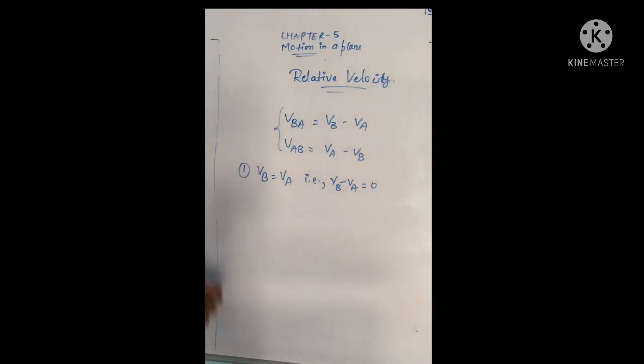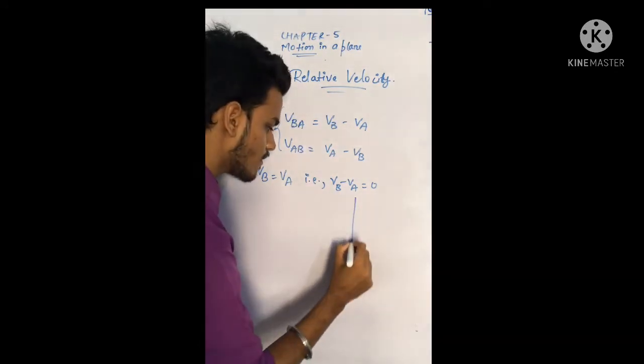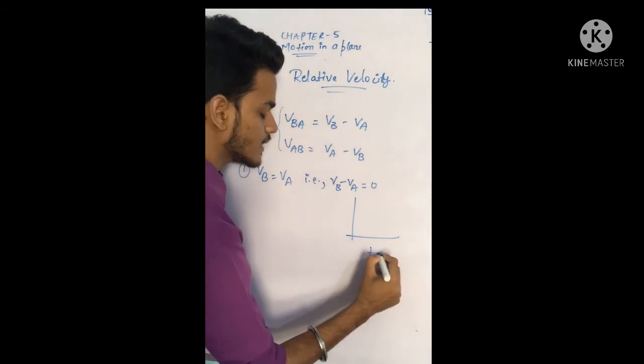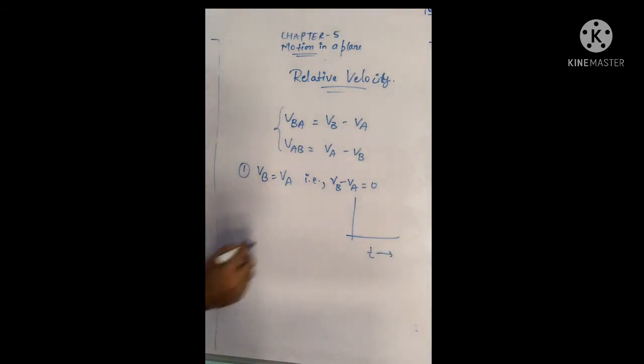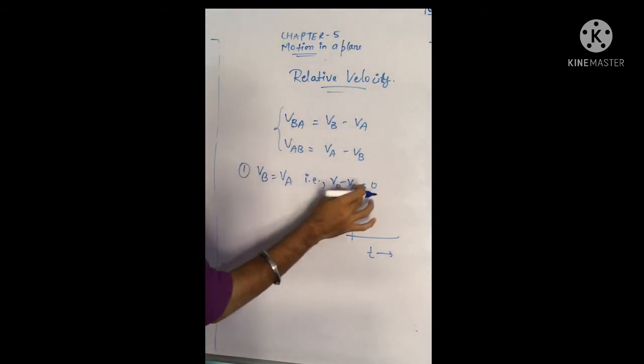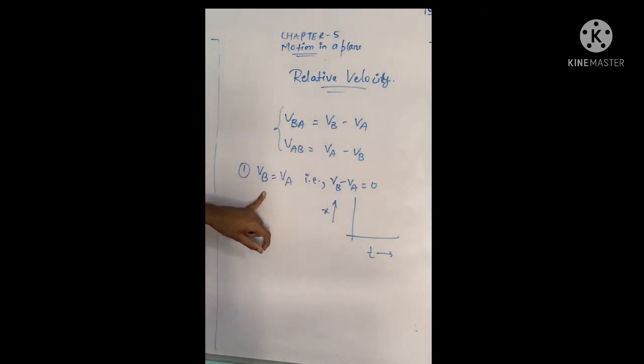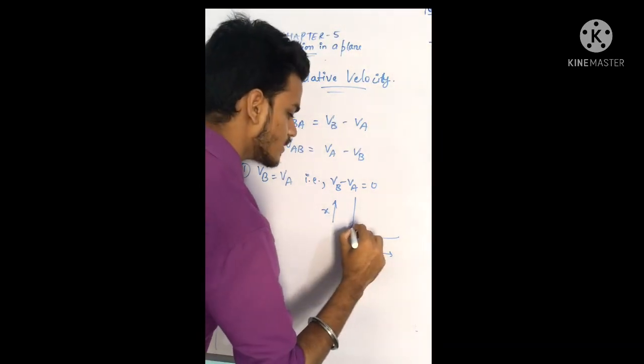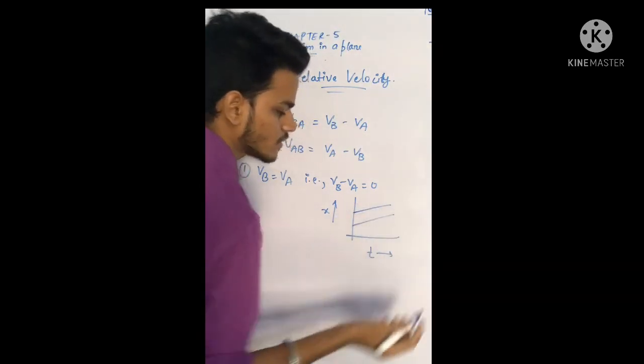Then we will get a graph like this. This x-axis represents the time and this y-axis represents the position. So if vb minus va is equal to 0, the velocities are the same for the objects and their positions will also be